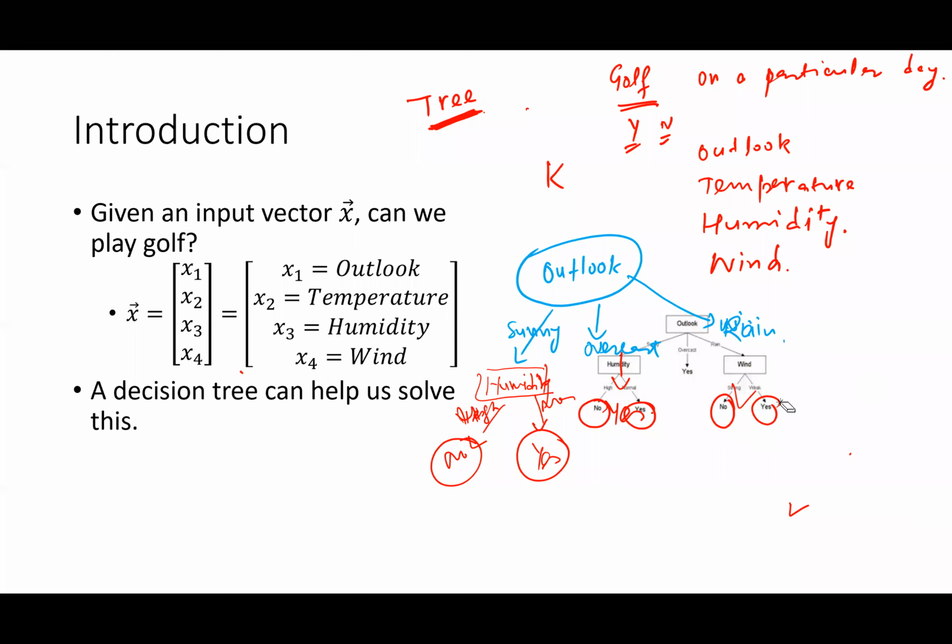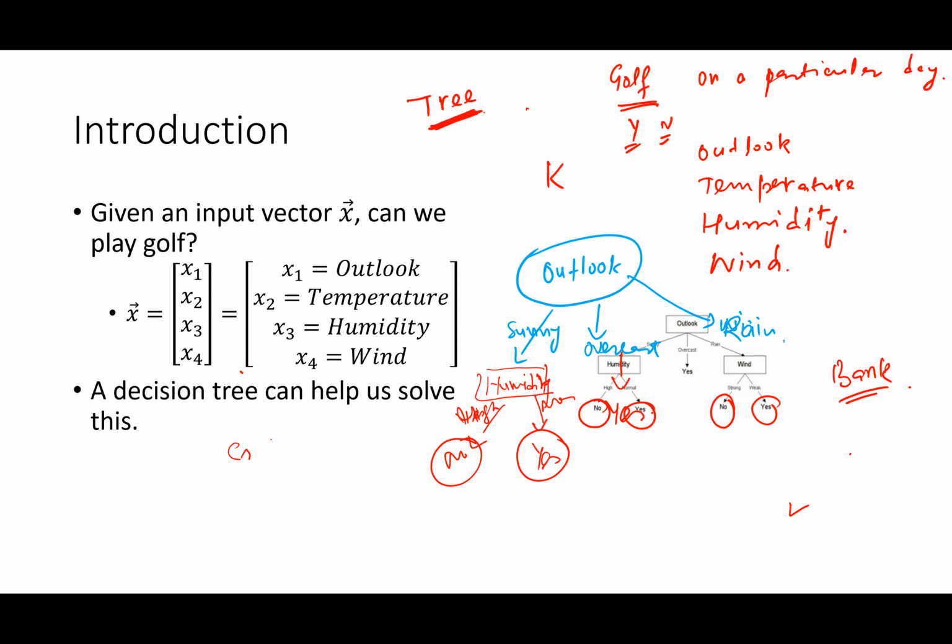So another example could be a bank. We might design a classifier for a bank in which a caller, so all of you might have received a call from the credit card people asking, sir, do you want our credit card or not? A person who makes a call invests some time in making that call. So sometimes they might want a system in which beforehand they will know the probability of this call turning fruitful, with the candidate getting a credit card. So they might want to have that system.